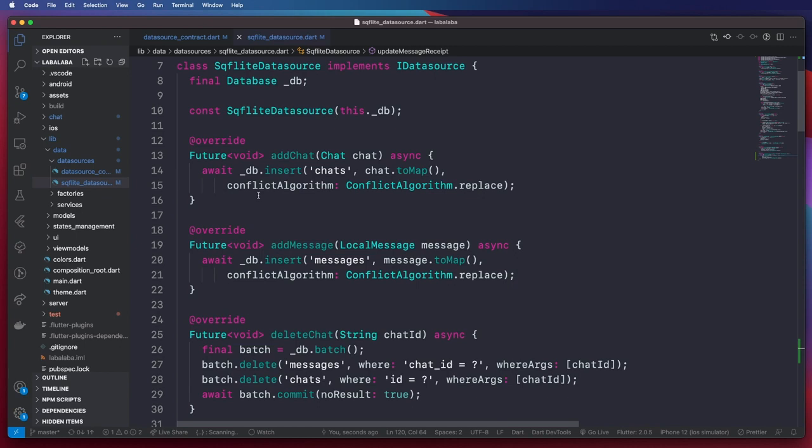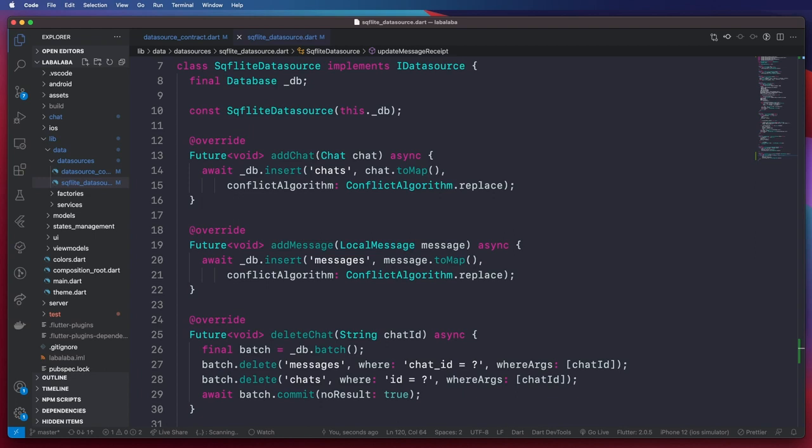So we can have a deadlock, or while there's an insert of a record, a receipt can happen at the same time, and we now need to update the message. So we can have deadlocks happening if we do not run these queries inside of